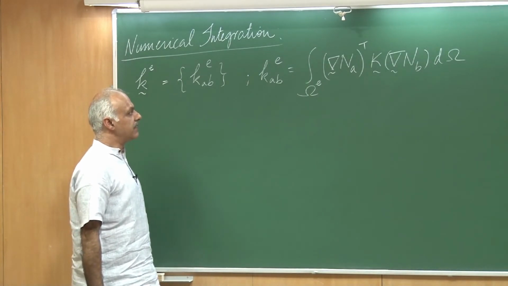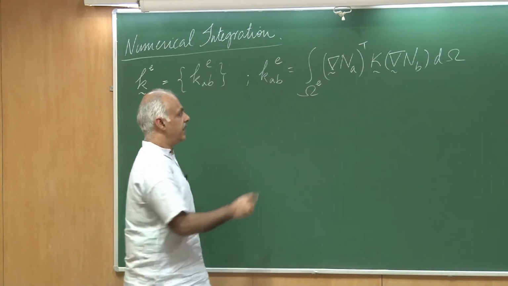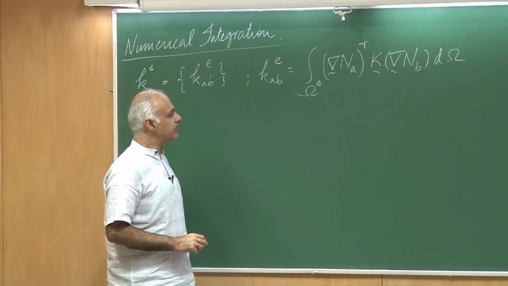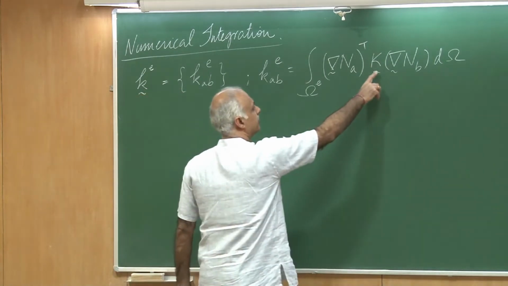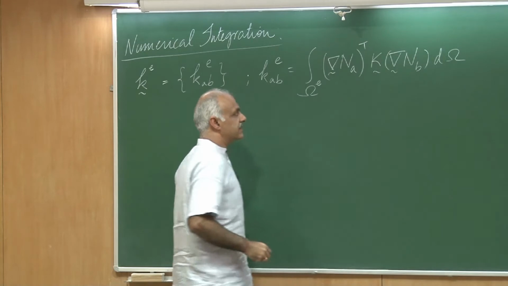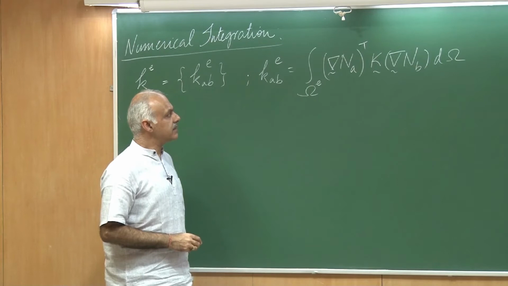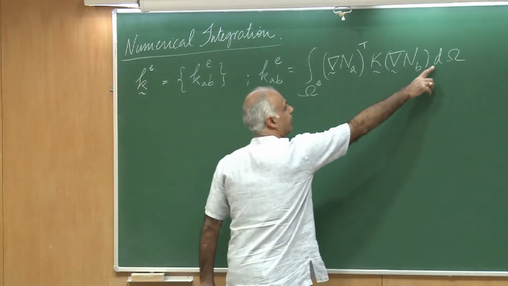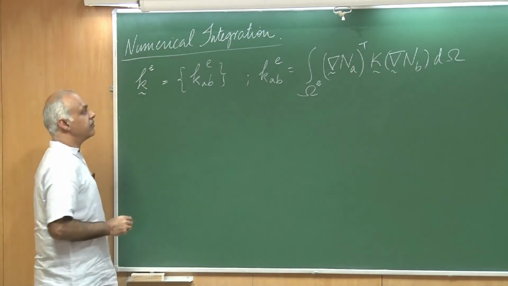So, you can see that this integral can get fairly complex. The domain may not be a straightforward domain which kind of aligns with the Cartesian axis, and additionally we could have certain situations where this conductivity matrix, or for that matter the other properties, if we are looking at linear elasticity, may be dependent on the location of the integration. Okay. So, therefore, we are going to look at numerical integration.